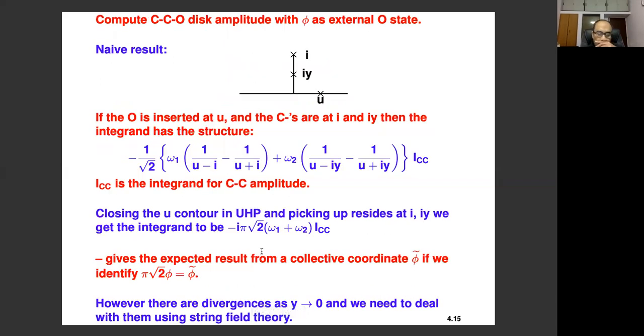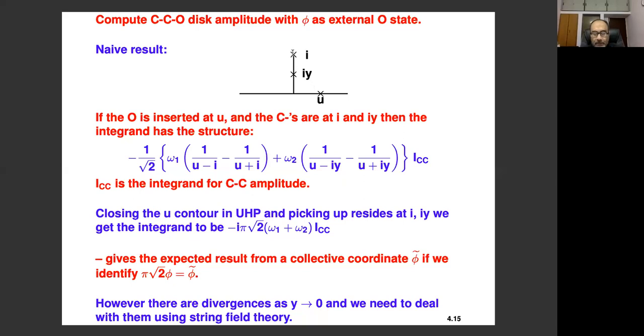Okay. So let me now describe how this is done. Let's take an amplitude where you have two closed strings and one open string on the disk. Let's count the number of parameters. So this has 2, and this has 1. So altogether 5 variables to start with, but 3 of them can be removed by SL2R. So you have 2 variables left over, and I have chosen these 2 variables in an appropriate way.